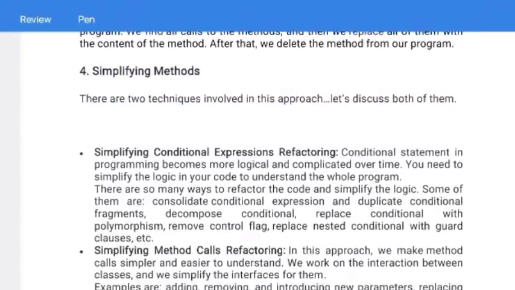Simplifying methods. There are two techniques involved in this approach. Let's discuss both of them. Simplifying conditional expressions: conditional statements in programming become more logical and complicated over time. You need to simplify the logic in our code to understand